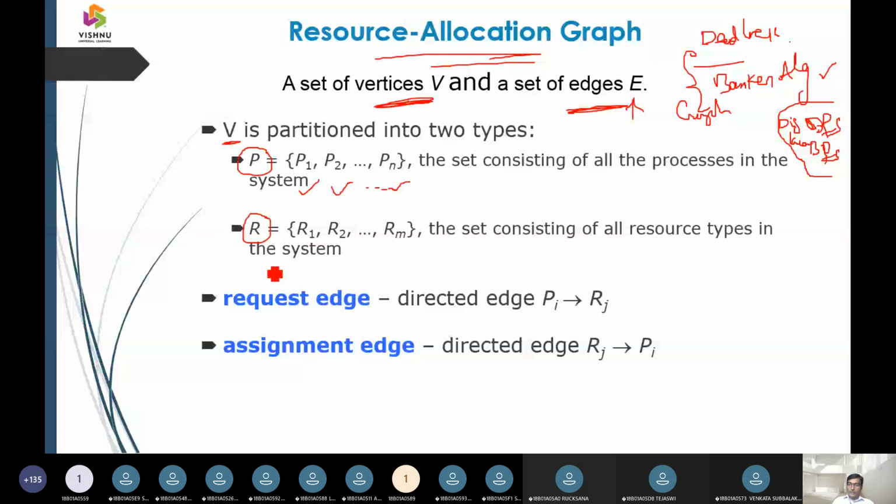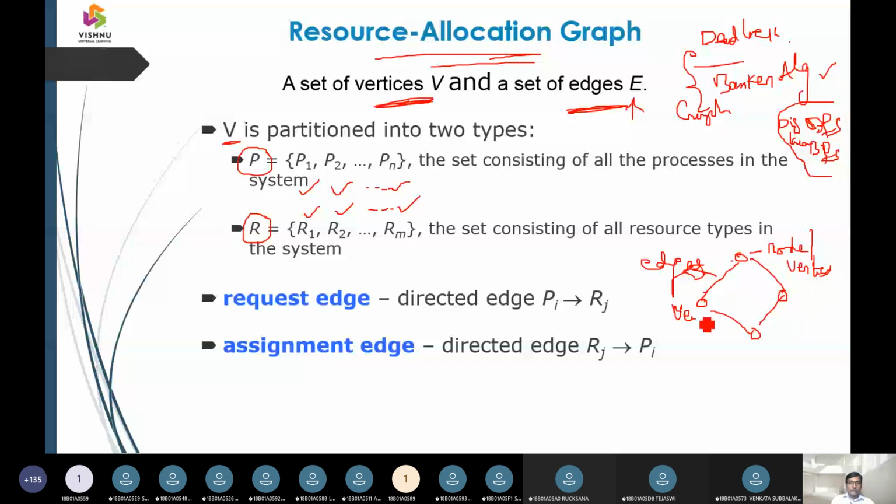So when drawing a resource request graph, I am going to have a node structure here. Assume there is a 4 node structure here. This is what we call nodes or vertices, and this line we call an edge. So the line between two nodes we are going to call an edge here.